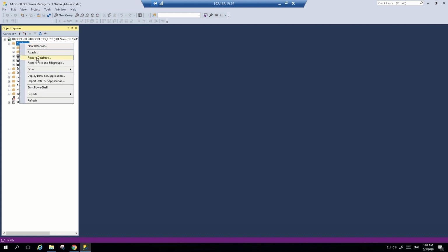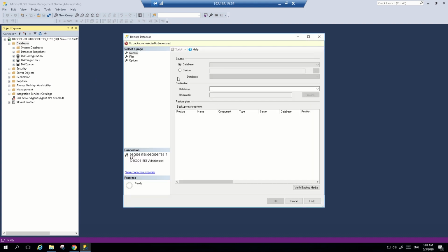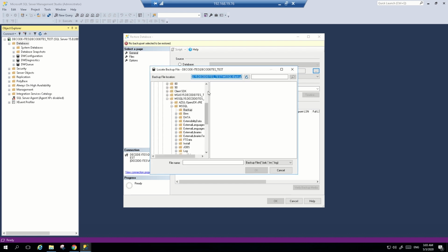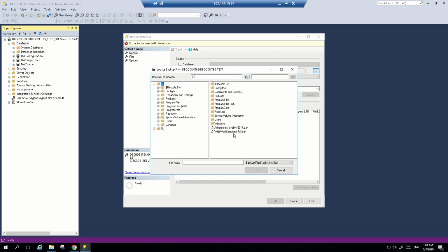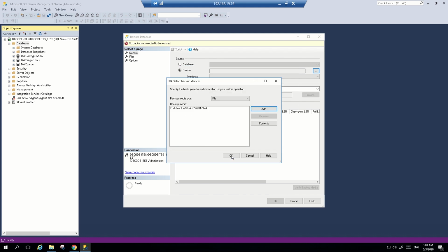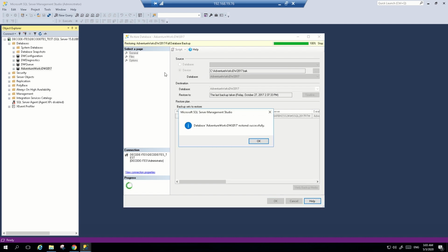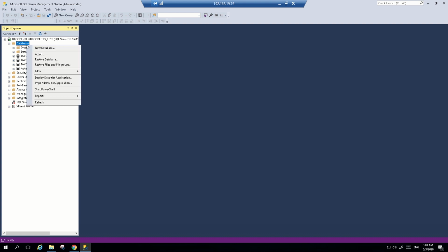Let's restore AdventureWorks first. Device, add, go to the location where you have downloaded the files, verify the backup. Okay, your AdventureWorks is restored successfully.